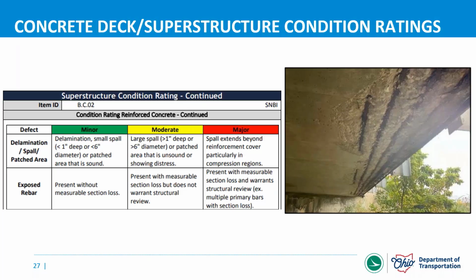If you've got full 360 exposure of rebar, primary bars, or even if you just have CS3 or moderate type spalls, that's going to affect your overall component rating. So if you think about a slab or a deck that has, even if we just say moderate spalls, for the full length of the deck edge, that's going to be in the range of a 5 on the component